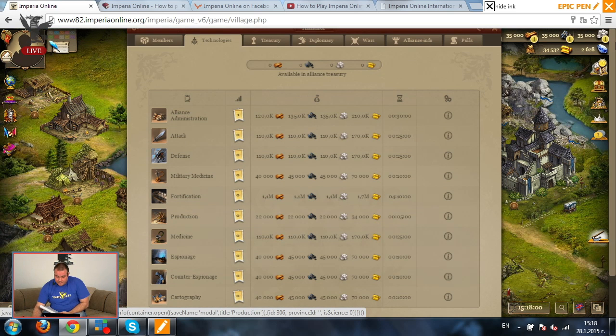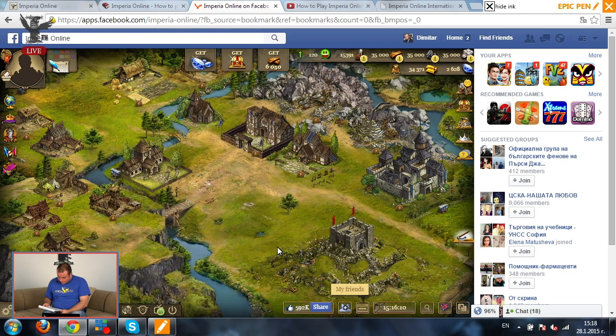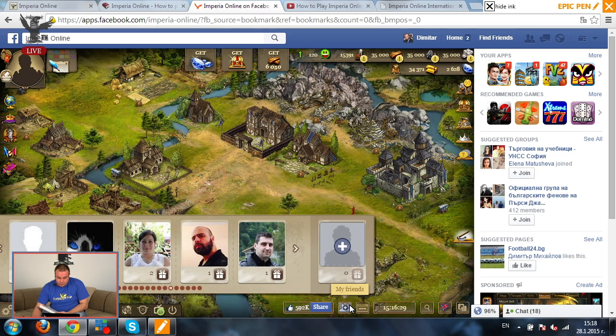Number two, Facebook is your best friend, of course, and I will show you why. If you have friends playing Imperia online in Facebook, you can send them gifts by playing Imperia online through Facebook. You all know what I am talking about. This is the friends button. You just select one friend and you send a present to this friend, and then your friend can send you